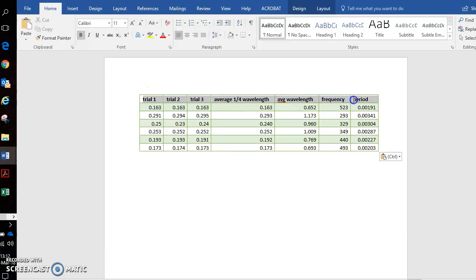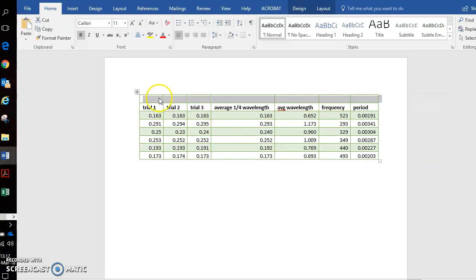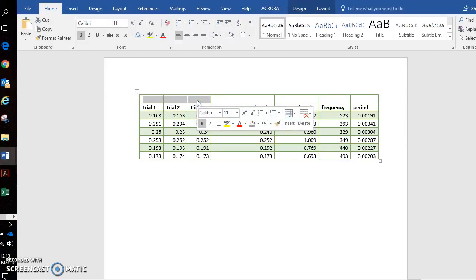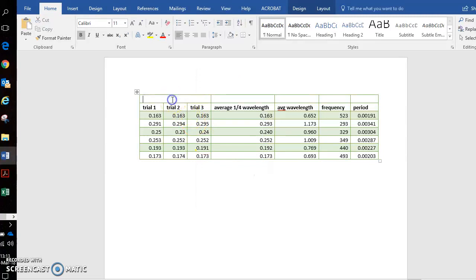Now I want to make sure I add another header. What I'd like to do is insert a row above. I would then like to merge these three cells, so I right click and go to merge cells. And so these three trial data, these are the